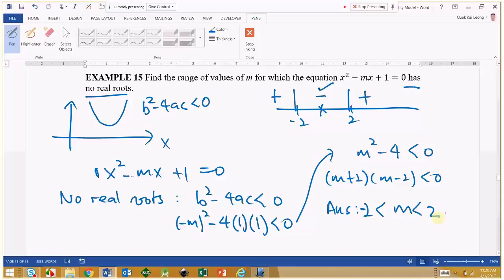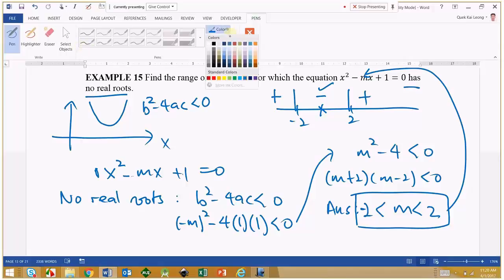So if you substitute your m between negative 2 to 2 into this part here, this graph will never cut the x-axis. That means, let's say, I use a different color, I try to explain the significance of the result. So you will make the learning more meaningful, instead of accepting the result and not knowing what the result means. Let's say you have